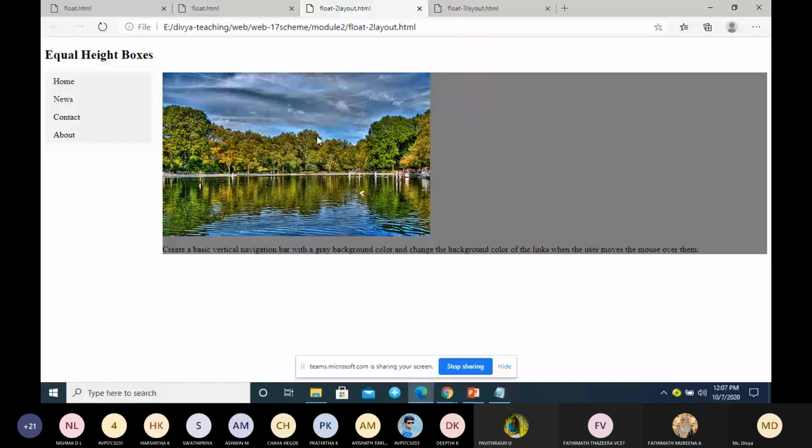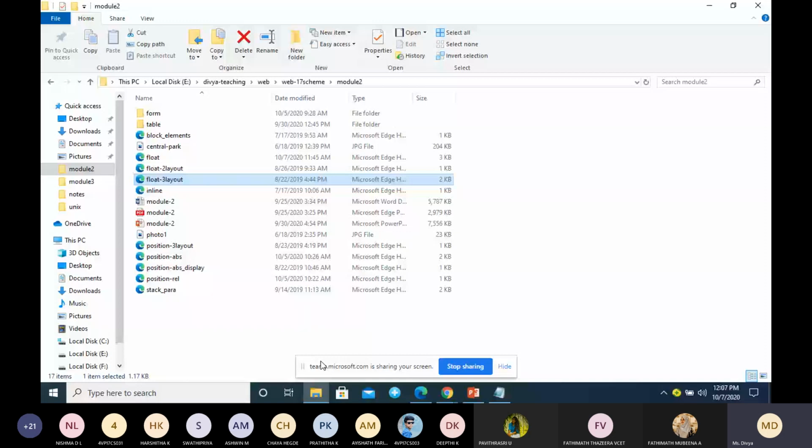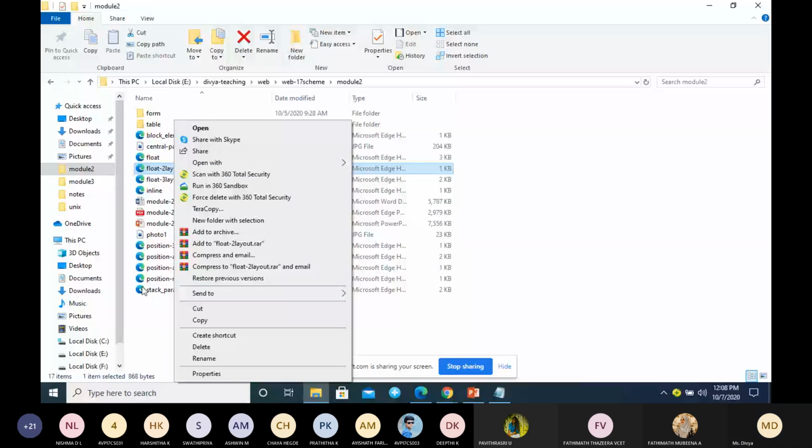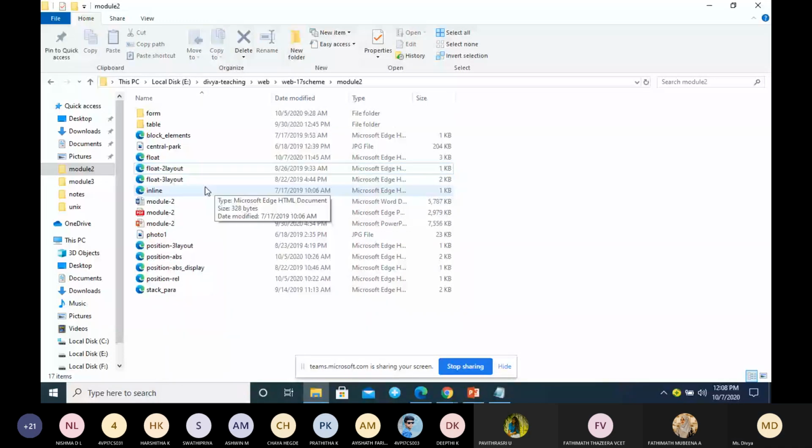You see here, these are the examples where we have used float. So this is an example.